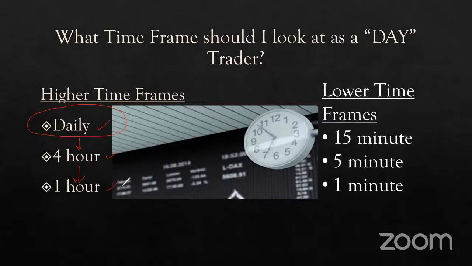Now, when I want to execute a trade, I'm looking at my lower time frames. My lower time frames consist of my 15-minute, 5-minute, or 1-minute. So when I'm actually executing a trade, when I have my charts up and I'm actively in the market, I'm typically only looking at maybe my 15-minute, my 5-minute, and most of the time, I'm just literally looking at my 1-minute